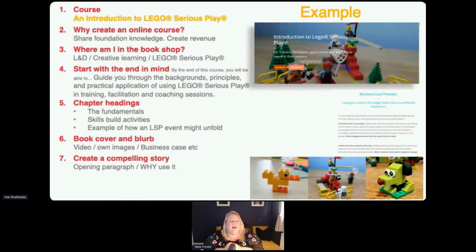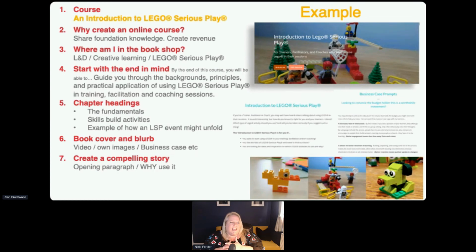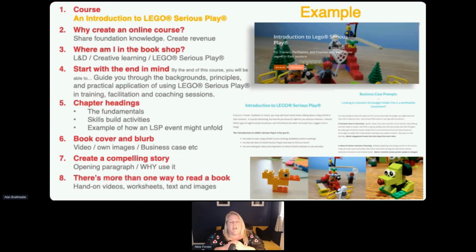So I had an opening paragraph that talked about why actually use this, which is the next image, please, Alan. And then the last part there, more than one way to read a book. I did a face the camera intro, but then camera to hands and Lego.